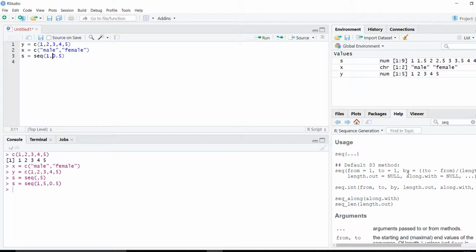So the second value is my by. So I should specify it as by. So I will say by equal to 0.5 and then comma, I want length.out. I'll say,